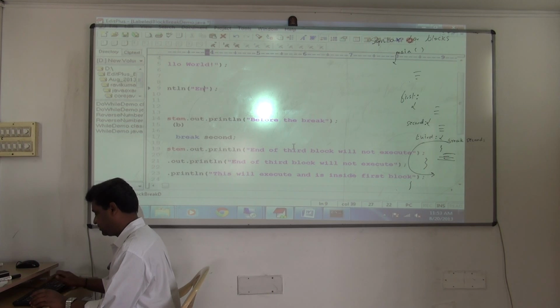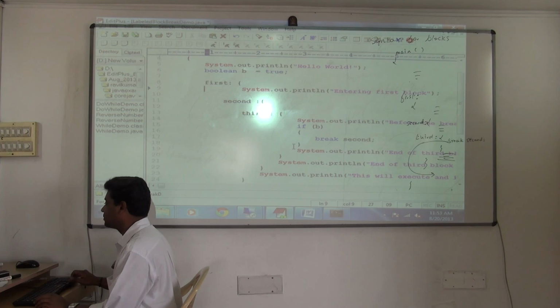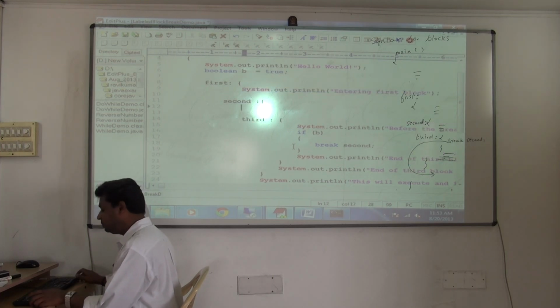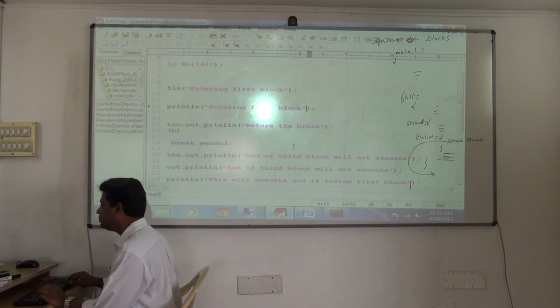Entering, sorry, caps it is. Entering second block,